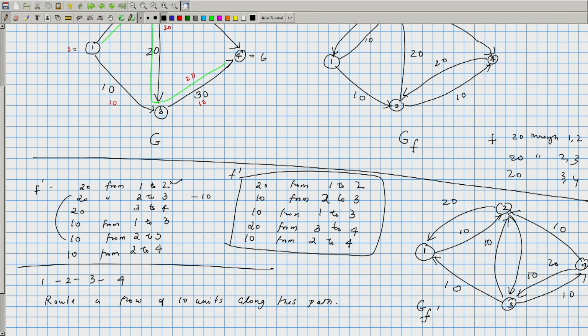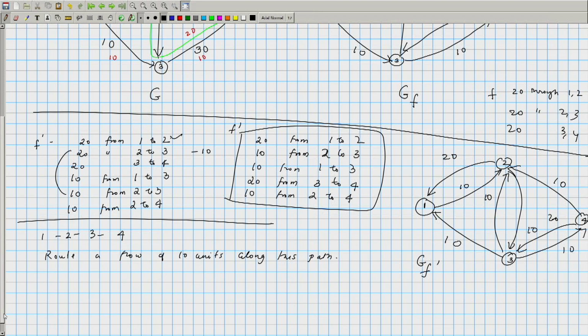Okay. And that would give rise to a new flow, okay, and that flow essentially will be as follows. So, 10 units from 1 to 2, this is augmenting the already existing 20 units of flow. So, you can say 30 from 1 to 2,